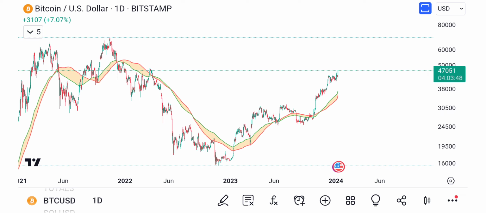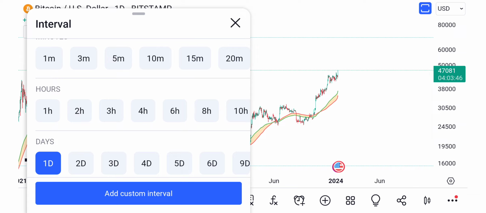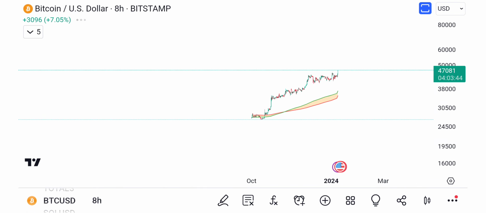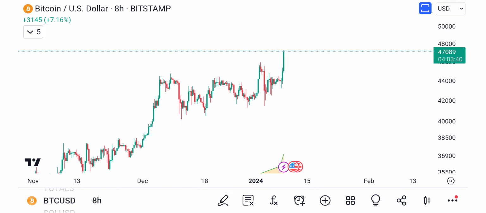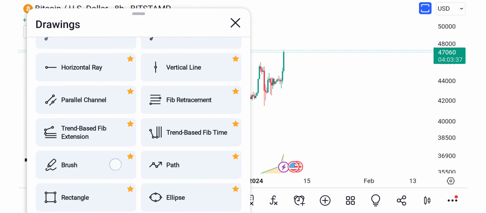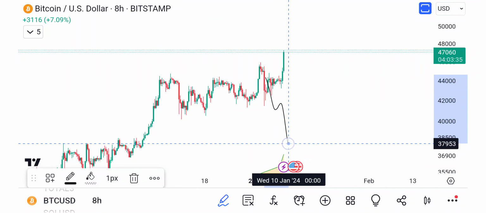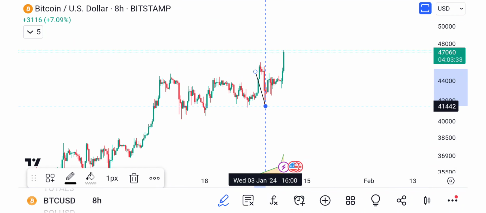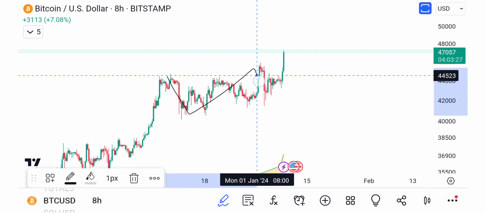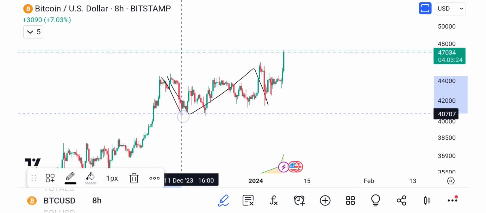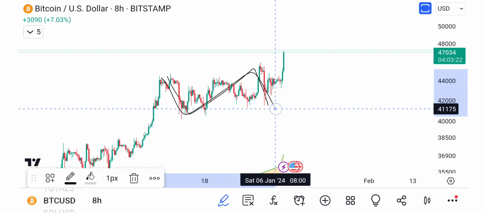So, big deal. And one of the things I've talked about in the last 3 videos was this running correction, and it played out, right? I didn't know if the C leg was going to come down here or stop here, but obviously it did. So we have an A, a B, and this was a C. And what do we call that? A flat. This is a flat pattern, right?